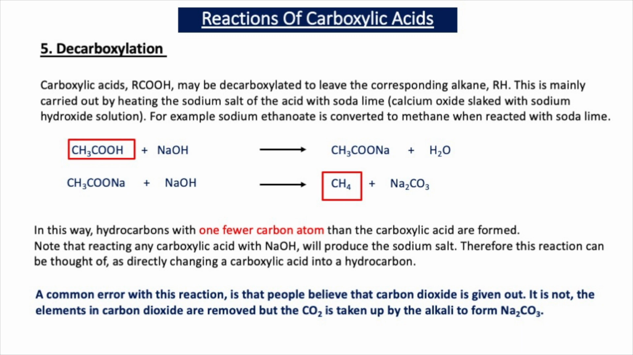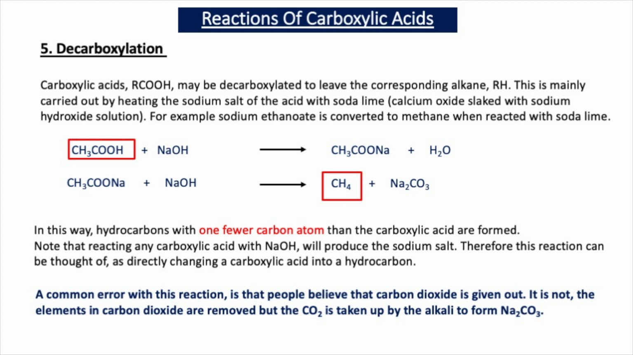Now the way you carry out a decarboxylation reaction is to heat either the carboxylic acid or the sodium salt of the carboxylic acid with soda lime. Now soda lime is calcium oxide dissolved in sodium hydroxide solution. And these two equations show what would take place if you started with ethanoic acid and you reacted it with soda lime. So ethanoic acid is